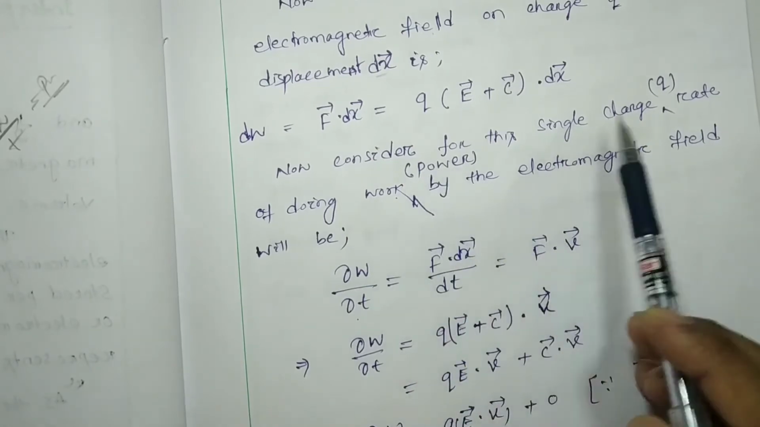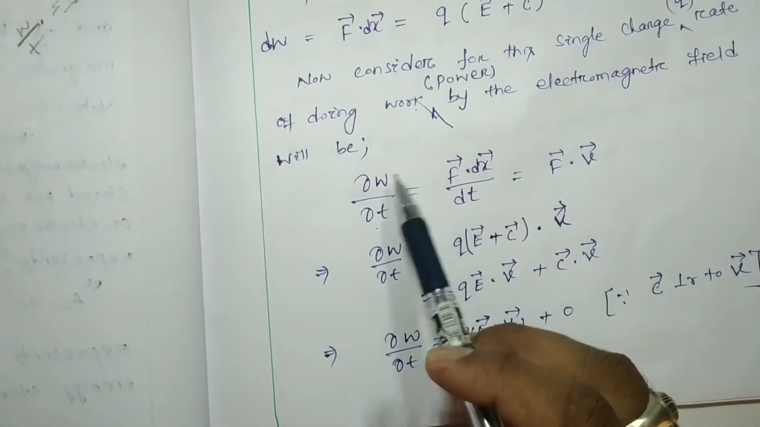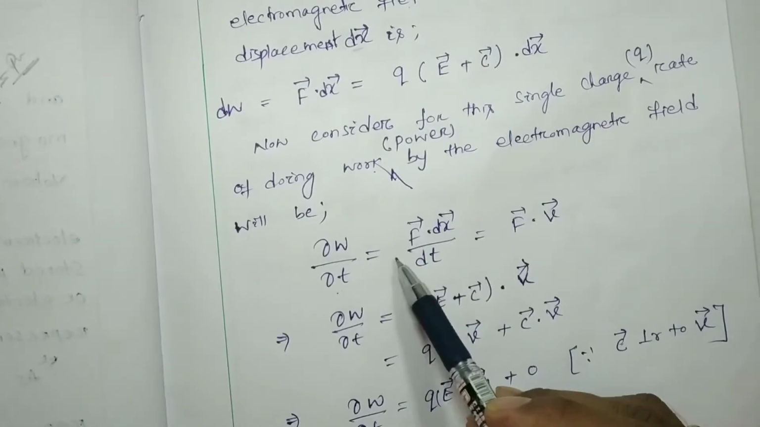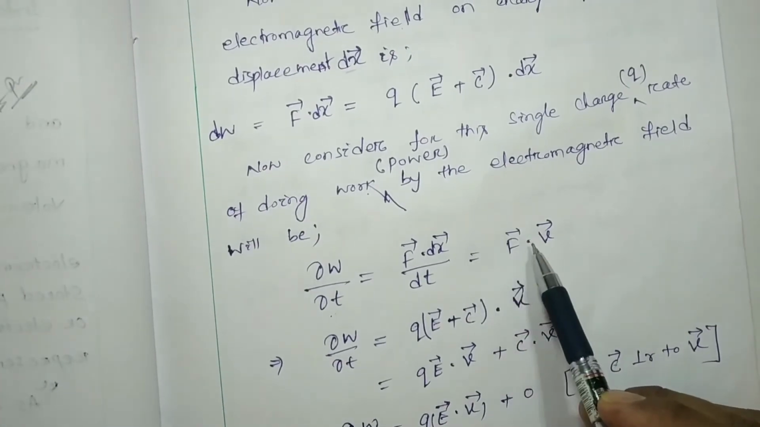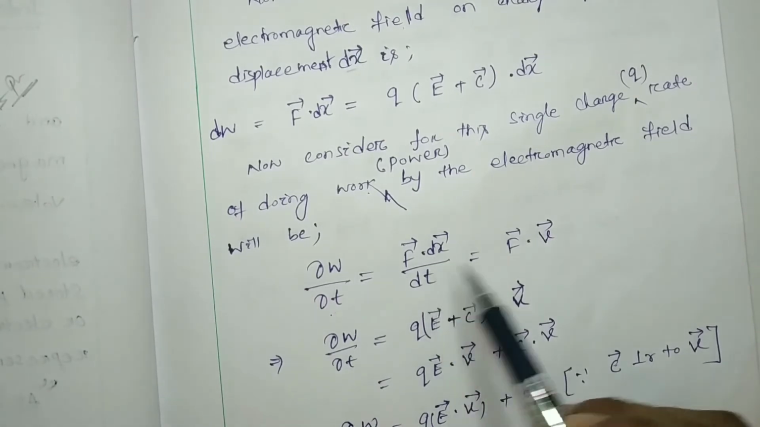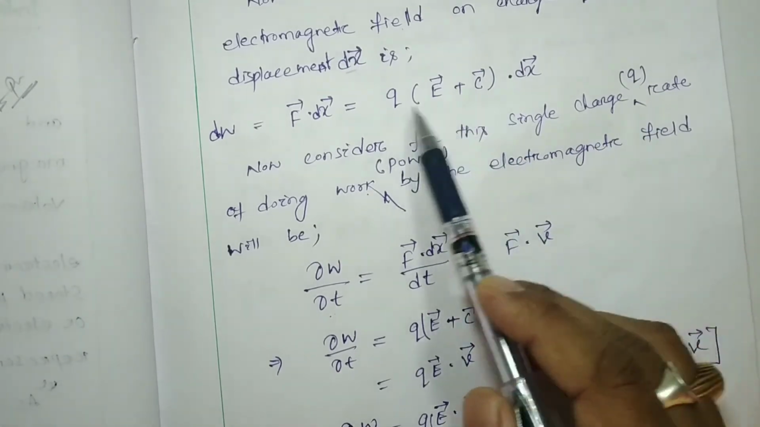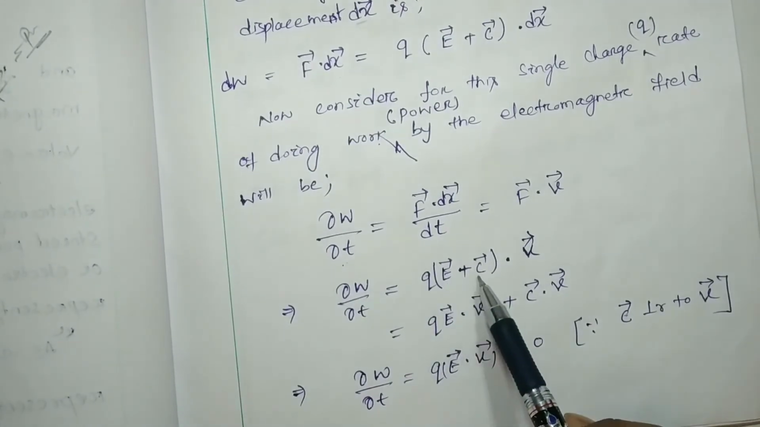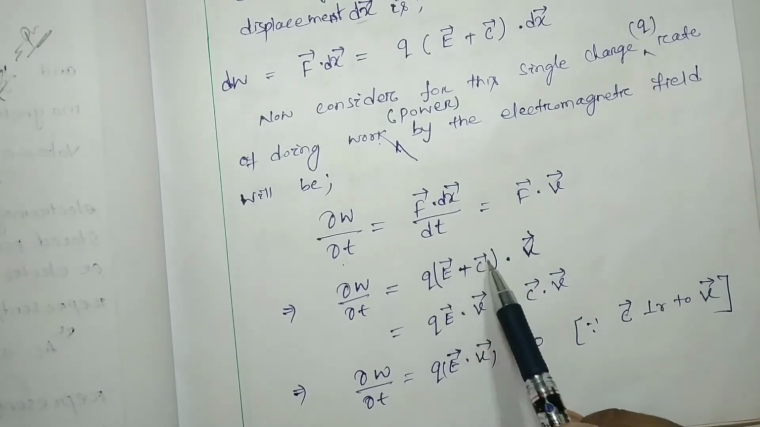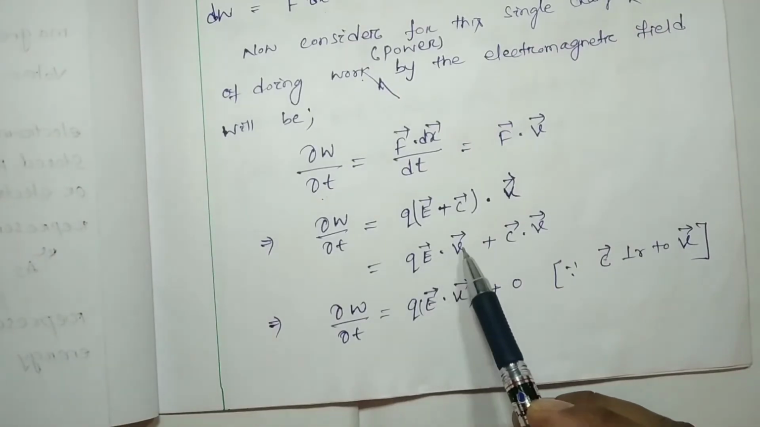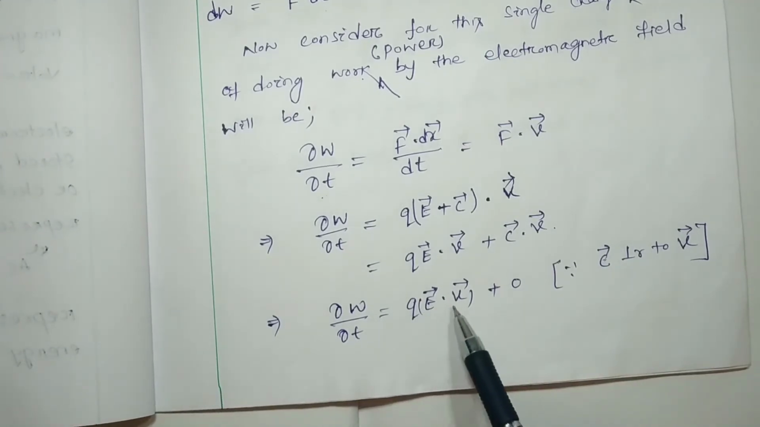For a single charge, the rate of doing work or power will be represented mathematically as del W by del T equal to F dot dx by dt. Dx by dt is written as V. So F is nothing but our Q into E plus V cross B. Now I am going to do the dot product of V with E and with V cross B. So Q into E dot V plus V cross B dot V, is equal to Q into E dot V plus 0,